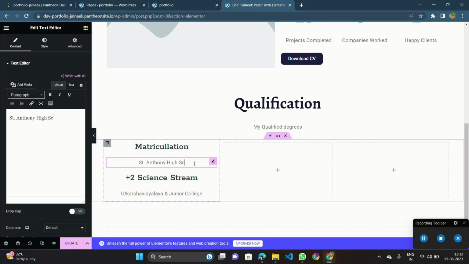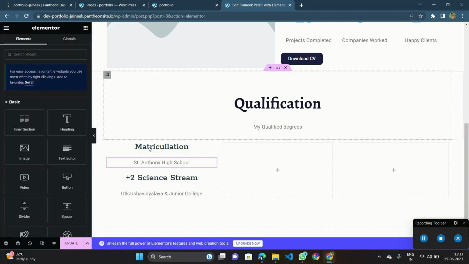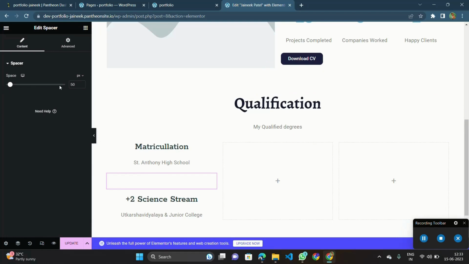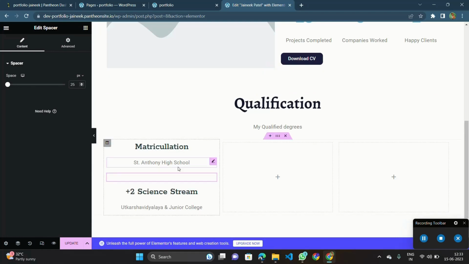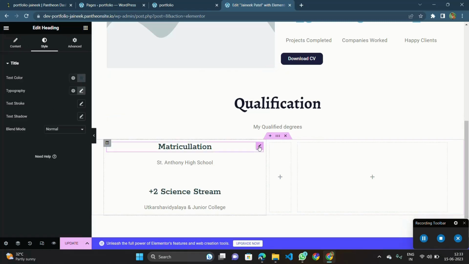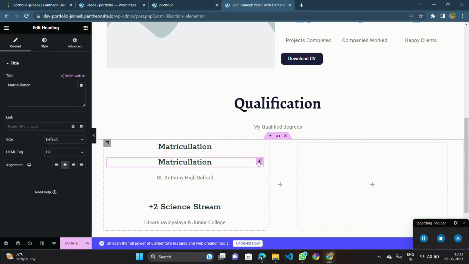Let me write school. Below this information, we will add a spacer between the two, and like this it will create some space between the two educations. We will also decrease the space of the middle column, and in the last column we will duplicate this text